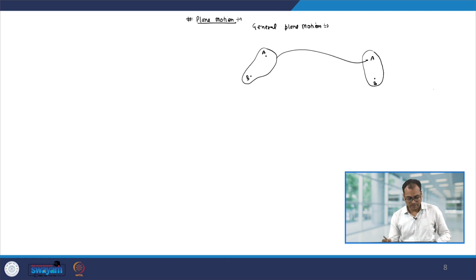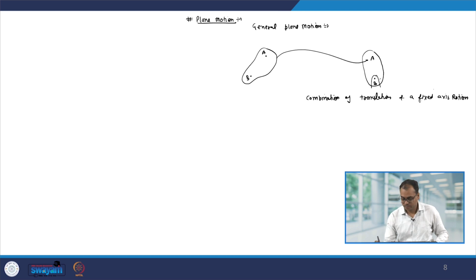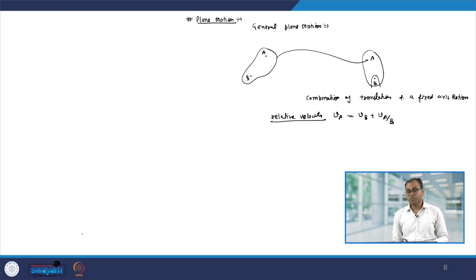So, the general plane motion can be analyzed by considering it as a combination of the translation of, let us say, the point B and a fixed axis rotation of point A with respect to B. The relative velocity of point A will be the velocity of B plus the velocity of point A with respect to B. Now, since point A is making a fixed axis rotation about point B, therefore, VAB will be omega cross r,